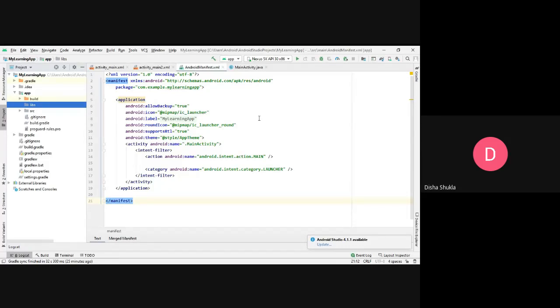Generally, mostly all the third party libraries have been upgraded and we have a gradle file for them. But if you don't find a gradle file for some libraries, then you have to put the jar file in your libs folder.